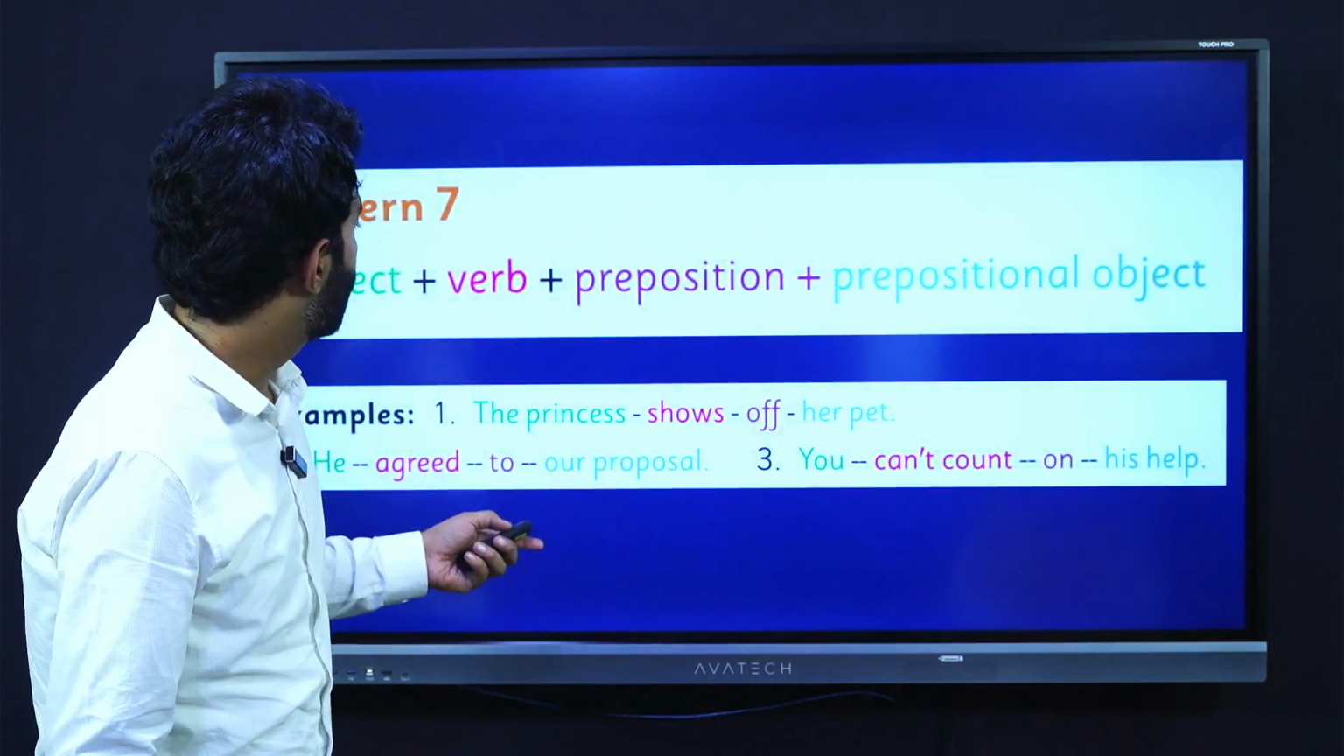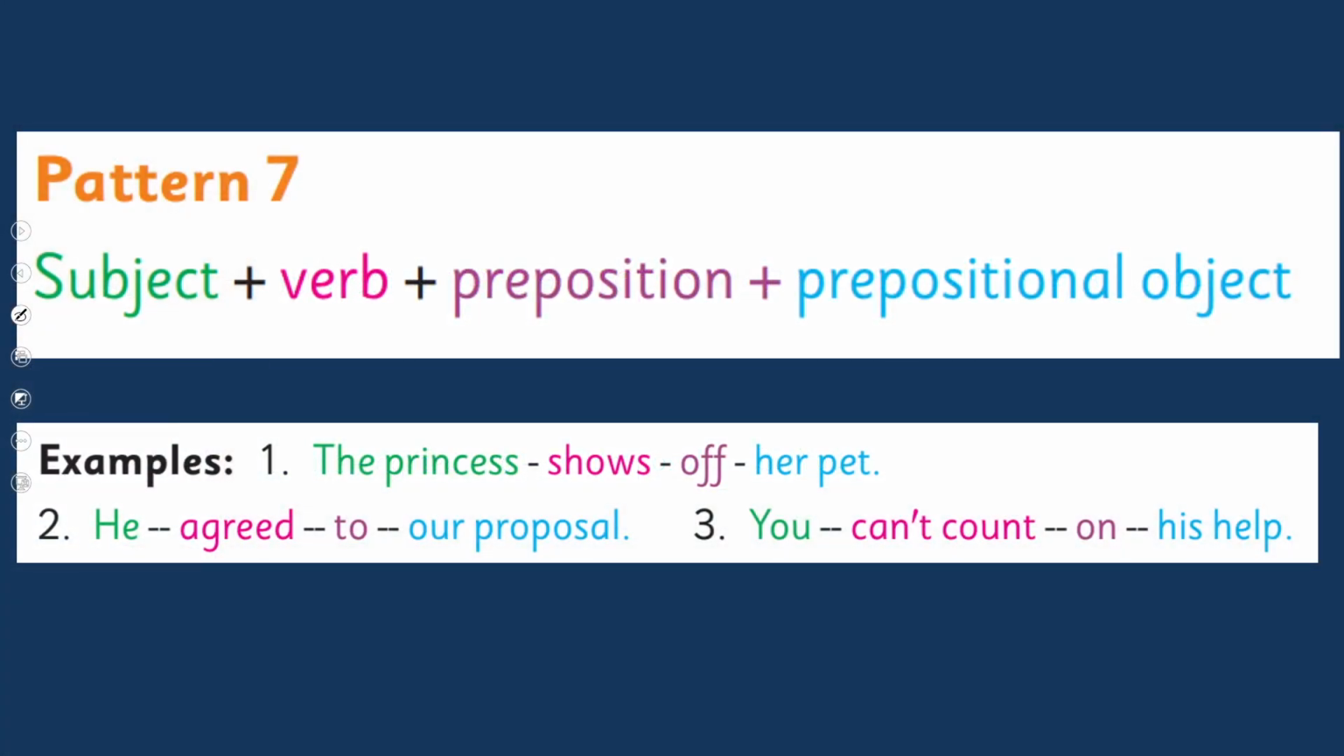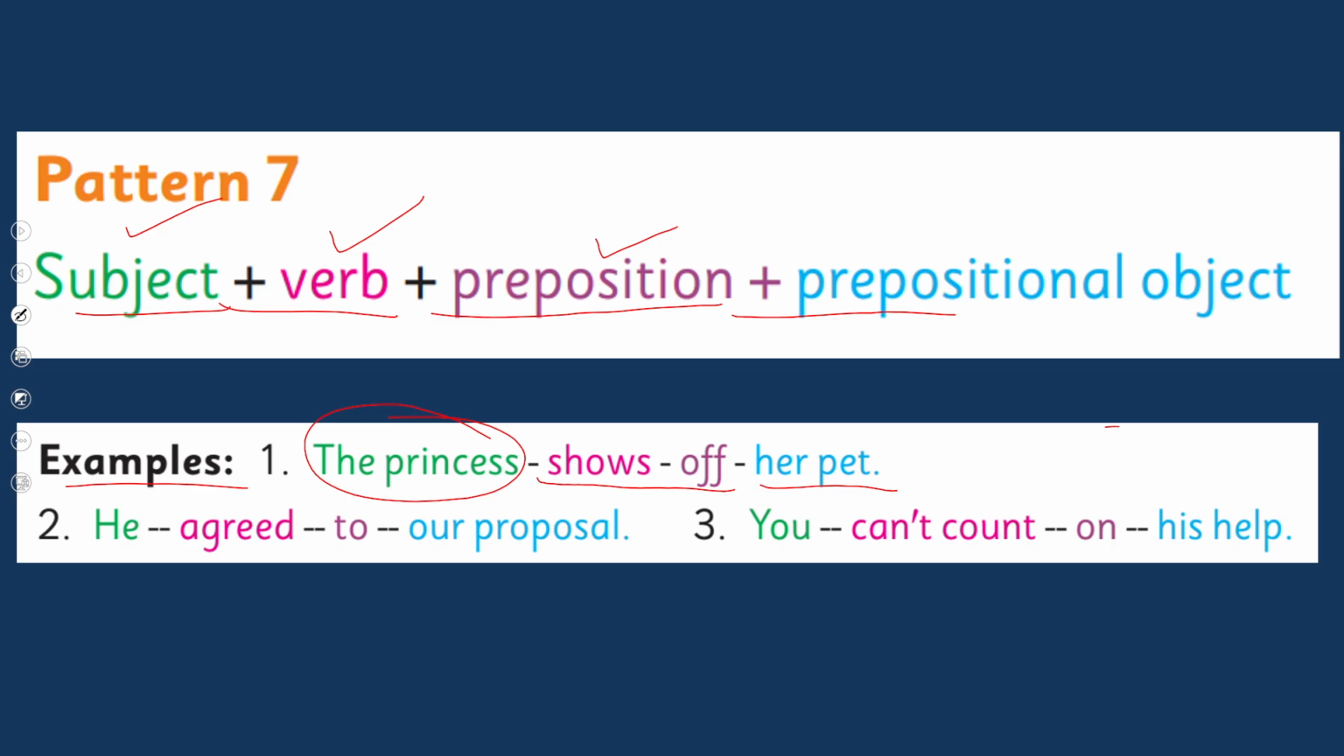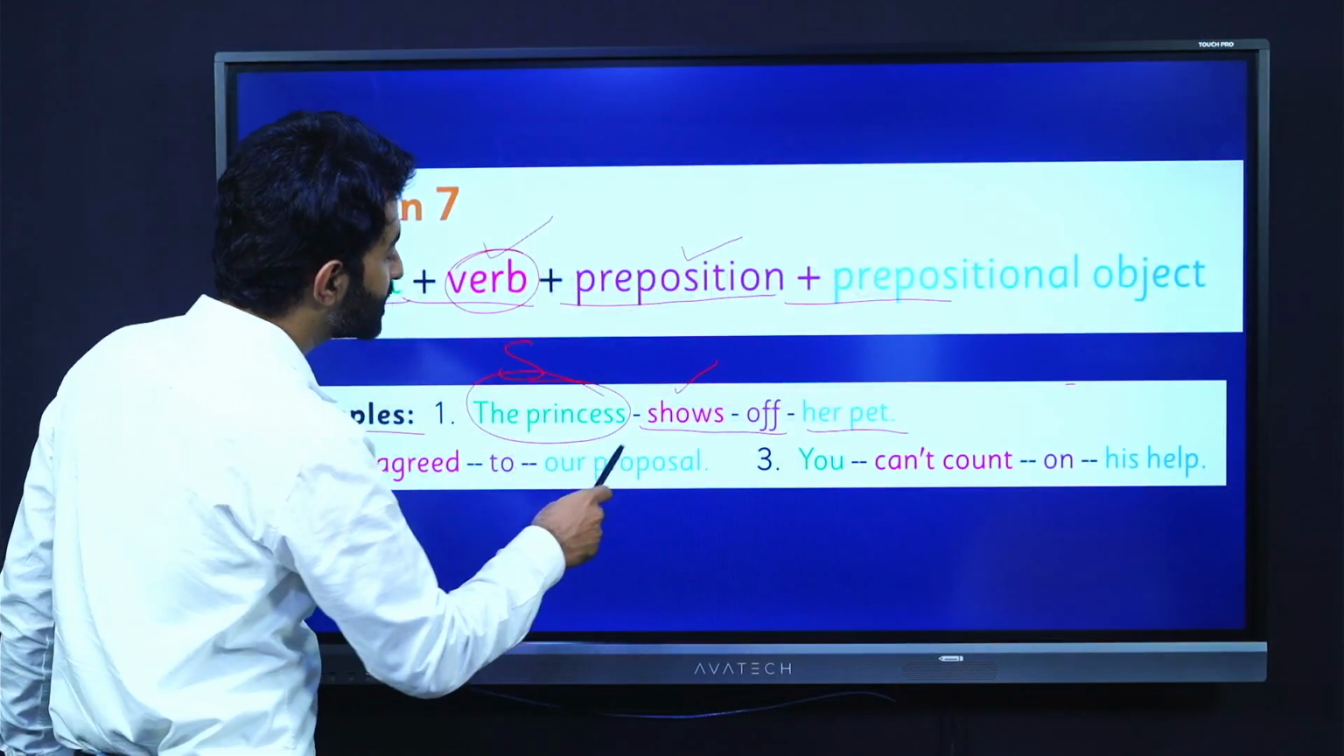Now let's see. Pattern number 7. Subject, we will add our verb, preposition and then the prepositional object. For example, here we have three examples. Subject, the princess shows off her pet. अब ये तो है subject. Verb is show. But there are some verbs like show off, put off, hope on, count on,